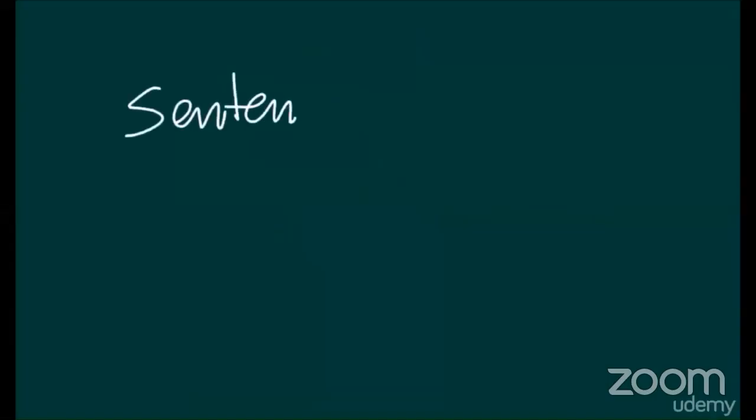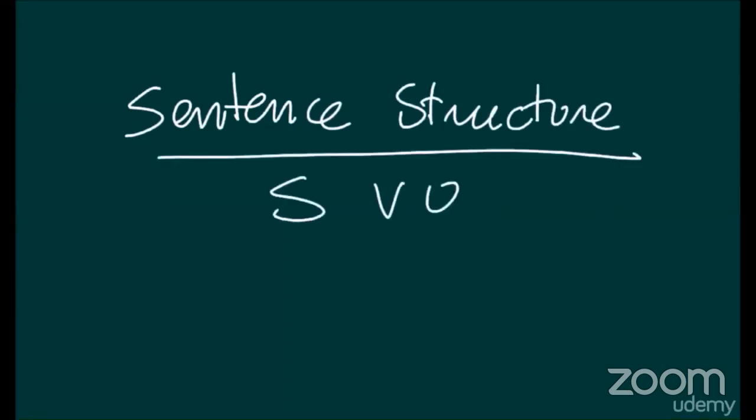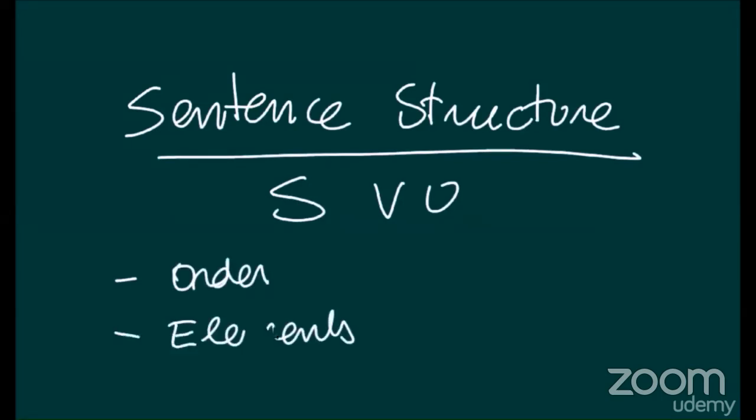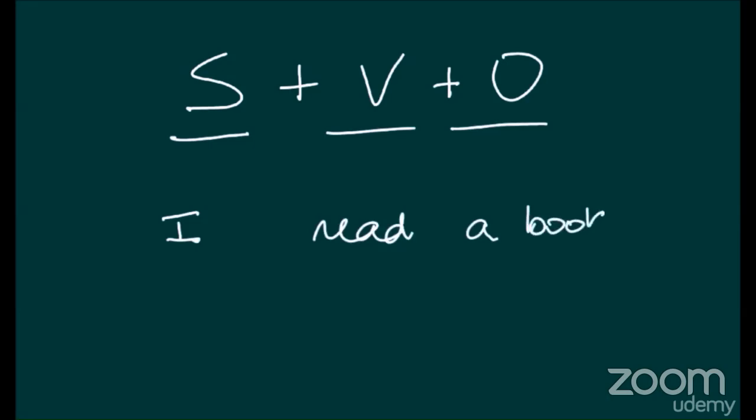Sentence structure, the SVO formula. Hello, in this video, we're going to explain to you how sentences are created in English, their order and elements. This lesson is very important. Please pay attention. In English, all sentences have the same structure. Subject plus verb plus object. For example, I read a book, where I is the subject, read is the verb, and a book is the